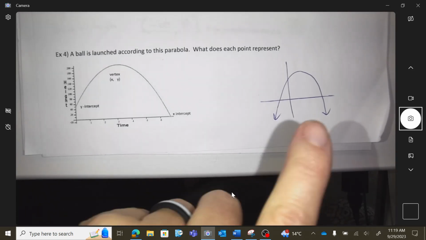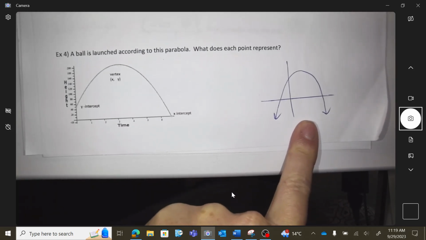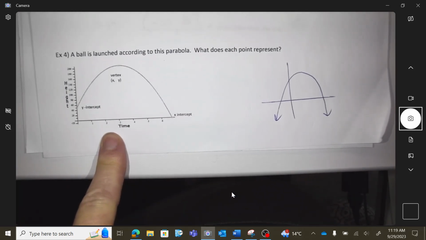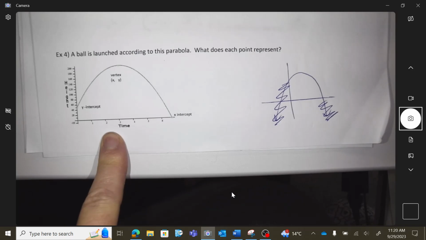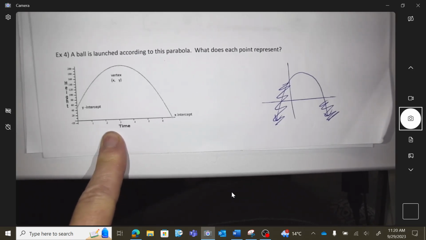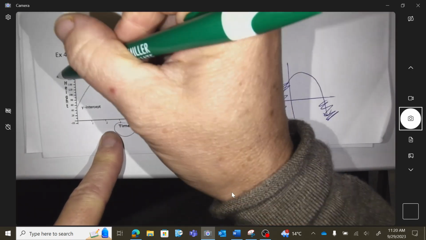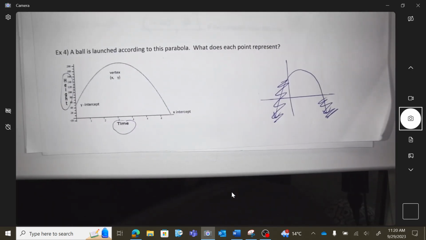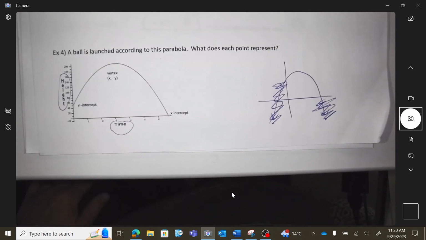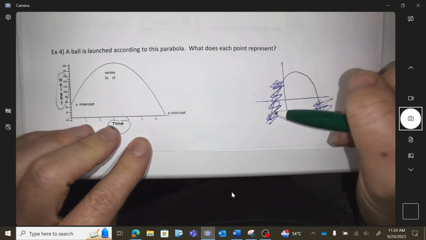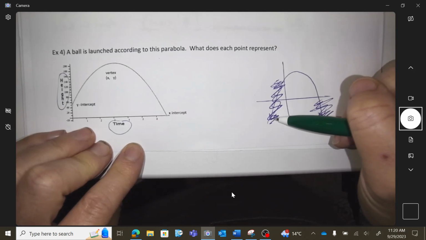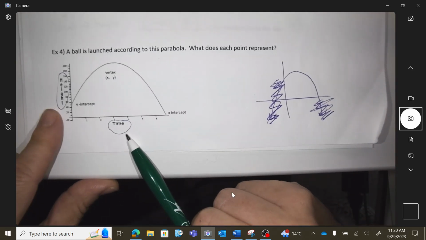It goes up and then it comes down. Okay, do you notice the difference between just a graph, this is just a graph, and then now it only looks like this? So I chopped this part off and I chopped that part off. If I'm launching a ball, and this is the time it's taking and this is the height it's taking, why would I have chopped these parts off? Why don't they even make sense connecting to a real life situation? So why is this not making sense over here? Any ideas? Looking at your variables.